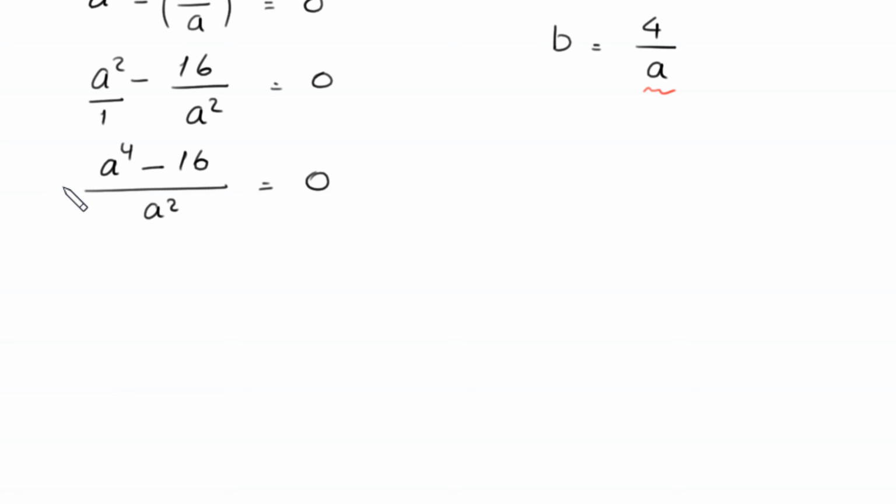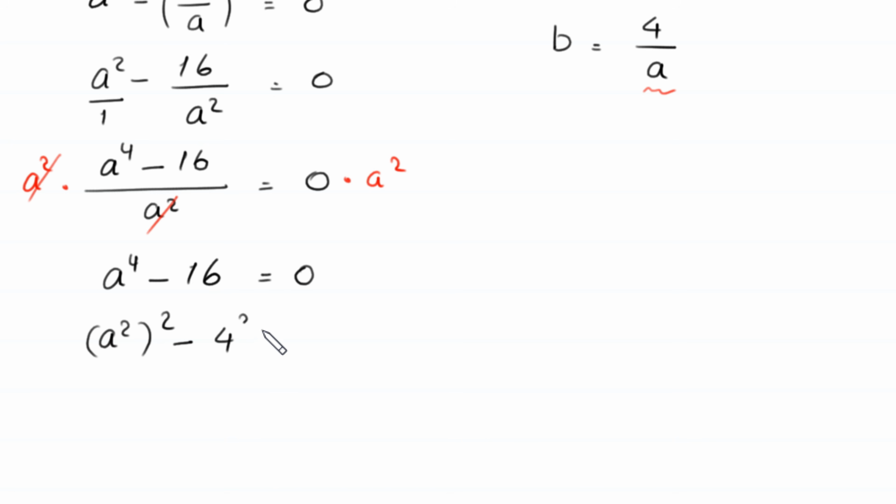Now from here we multiply both sides of this equation by a squared. So this a squared will be cancelled out with this a squared, and here we're left with a to the power 4 minus 16 is equal to 0 times a squared, 0. Now this a to the power 4 can be written as (a squared) whole squared minus this 16 can be written as 4 squared